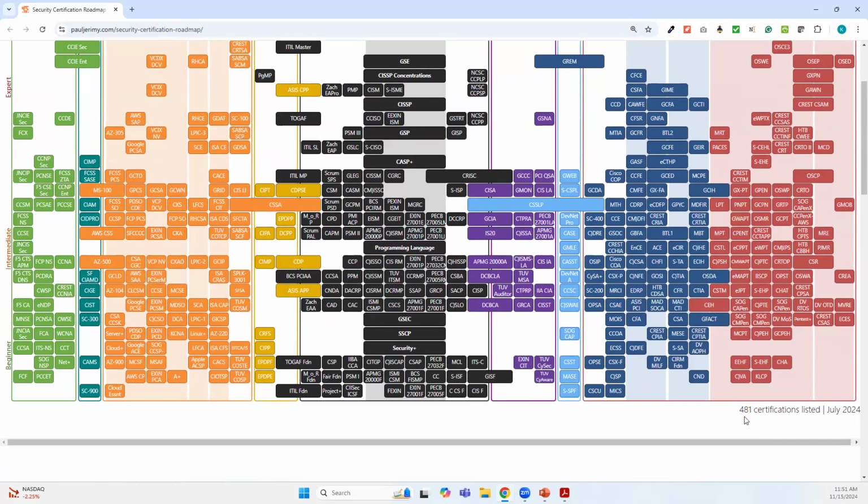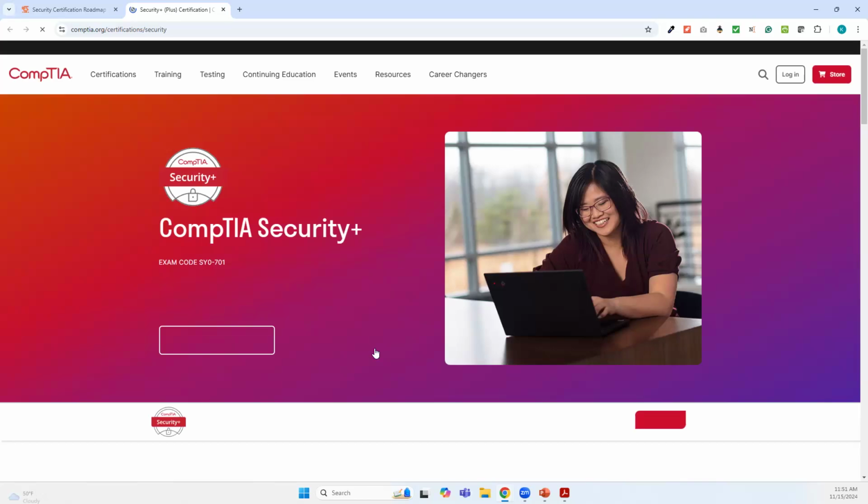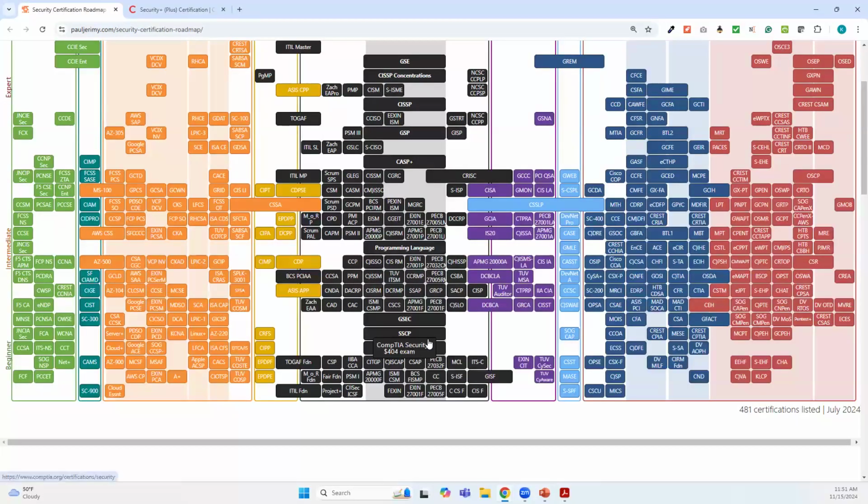You can see there are 481 certifications listed since July 2024. One of the things I like to do with this, to be honest, is that this is overwhelming, isn't it? You put this in front of a student, they're going to be like, what the heck is this? How do I ever decide what certifications I want? But it shows us two things.